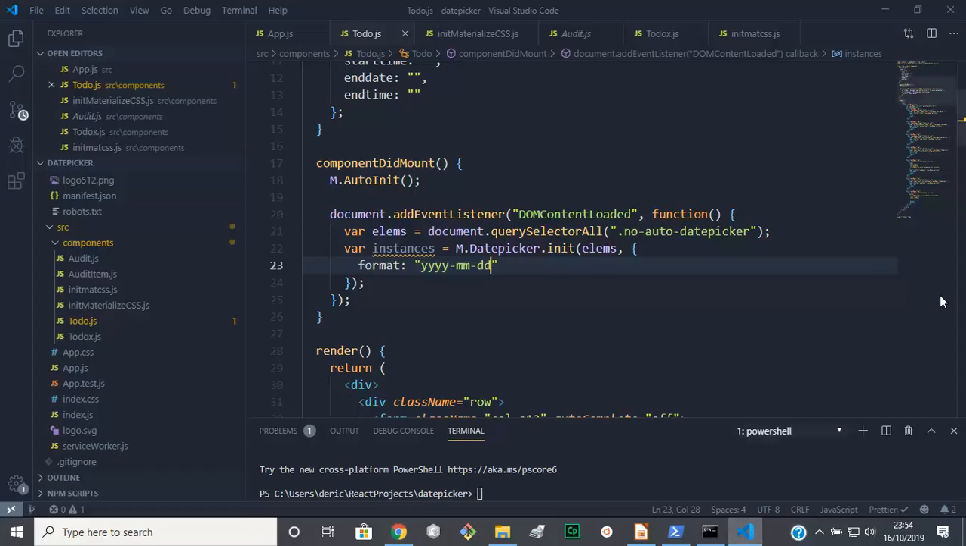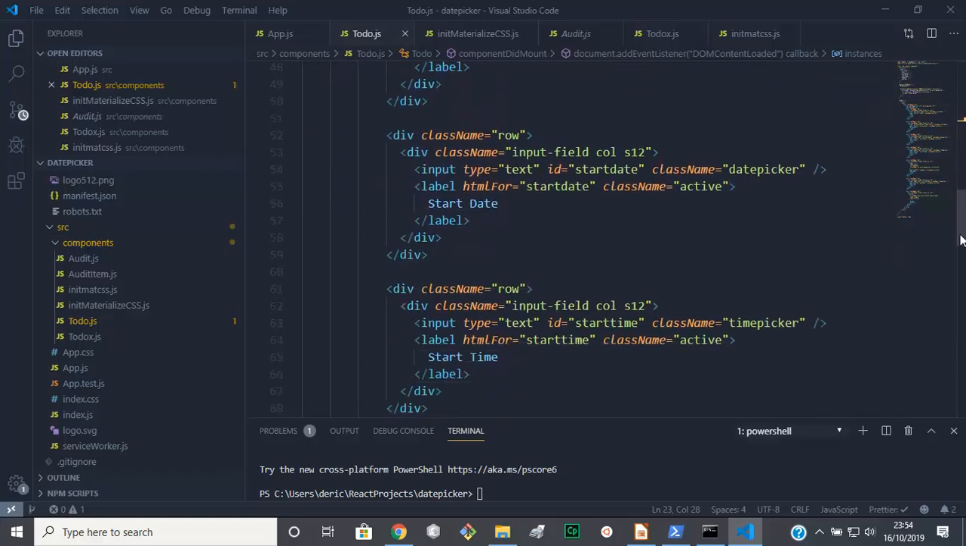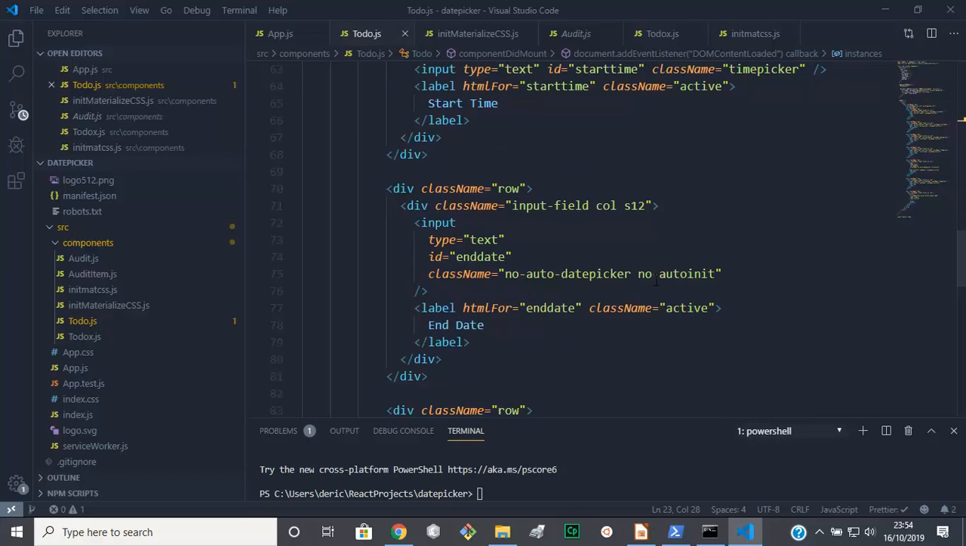So coming back to the code, once you auto-init, you're not able to customize, but if you want to then customize a particular Materialize component, you have to place the no-autoinit within the class name, right? Then change also the class name for your Datepicker, right? Then you are then able to